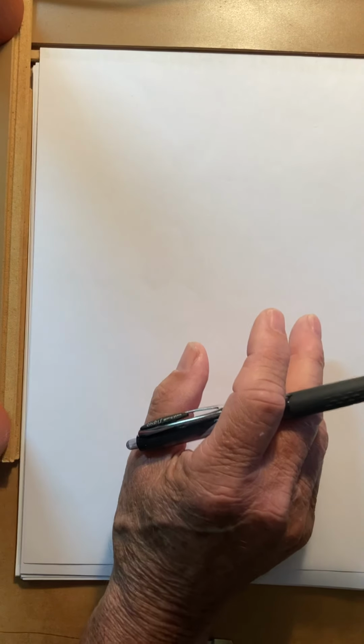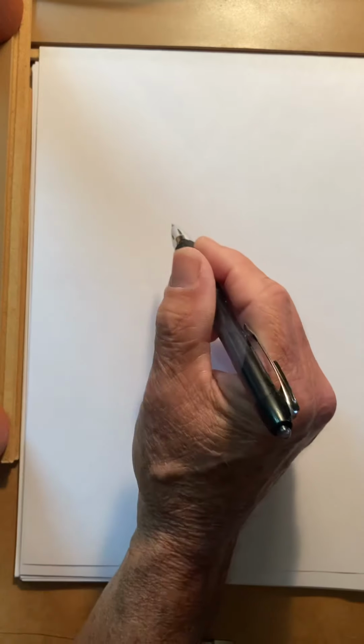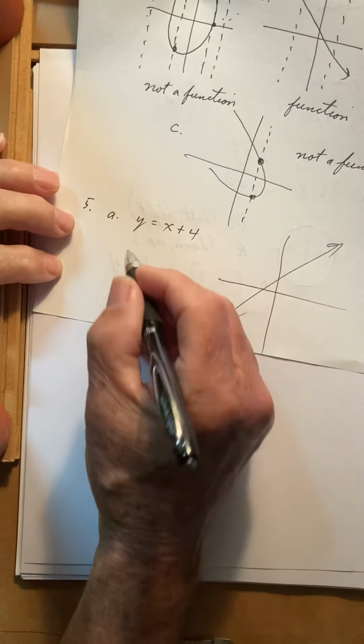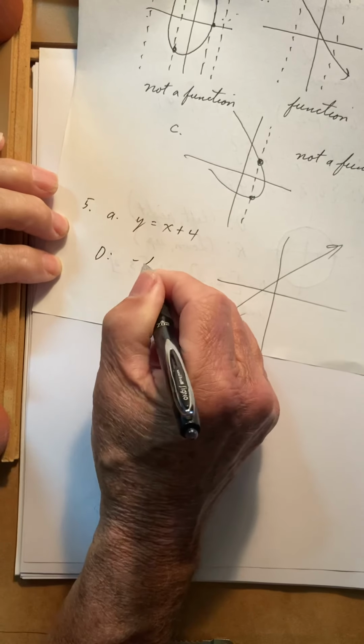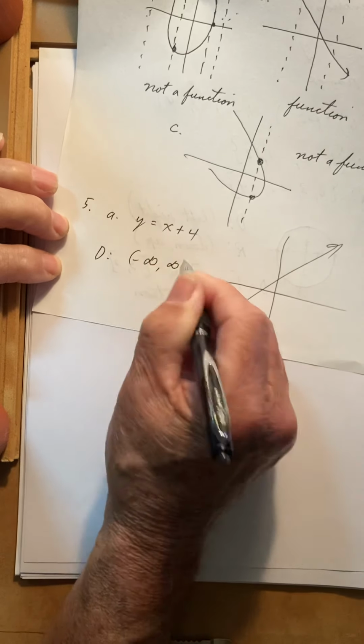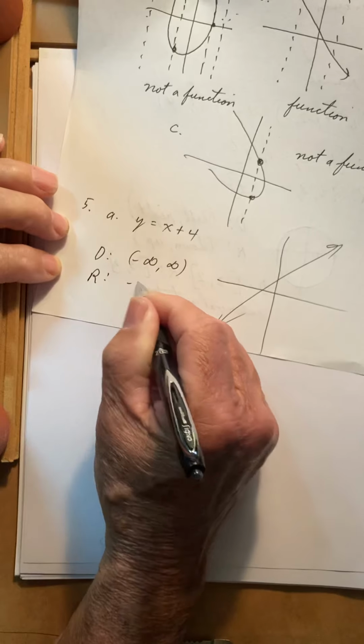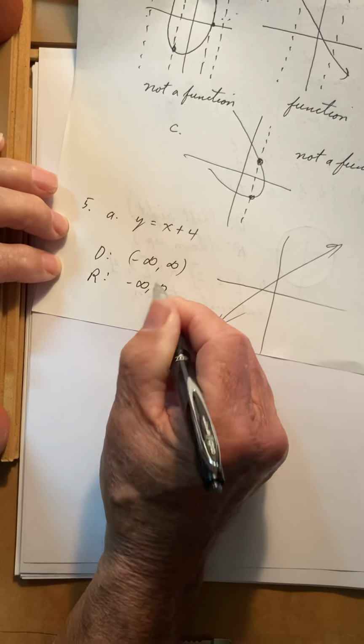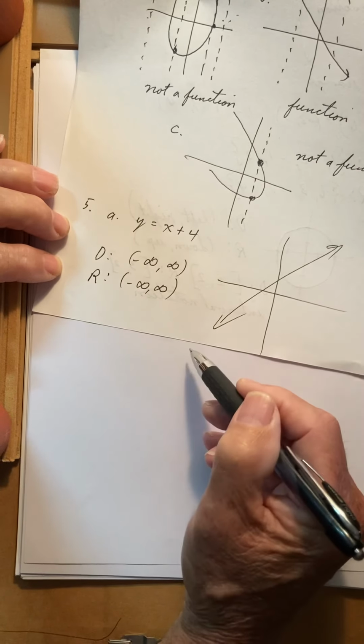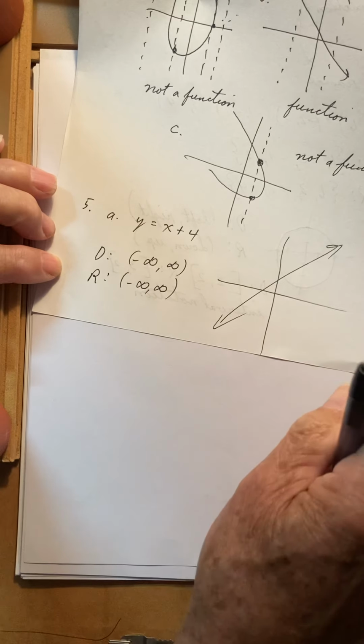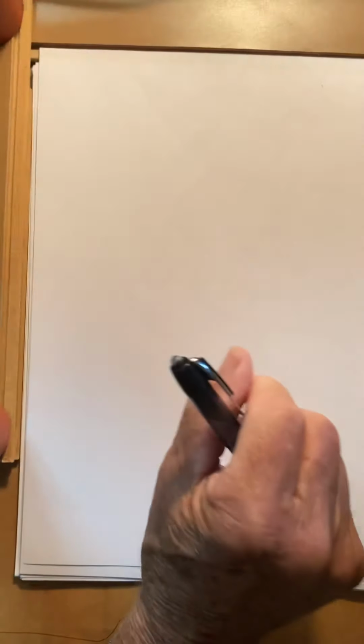So let's go to, we need to do the domain and the range on this one right here. The domain is from negative to positive infinity, and so is the range. That will always be true of a linear function, which makes a straight line. All right,